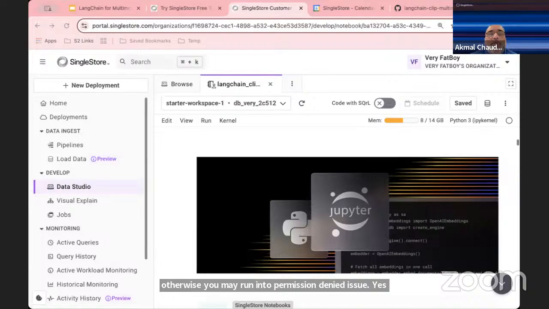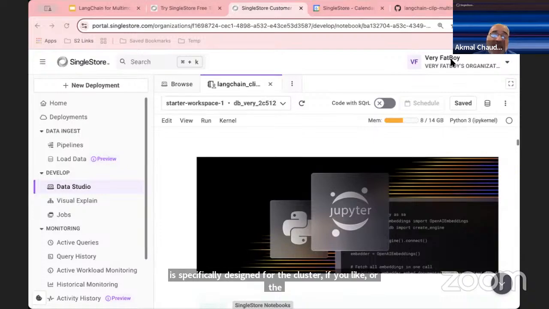So in the portal, in the environment that we were running this notebook, there is a firewall. Actually, there are two firewalls that exist in the online portal. One is specifically designed for the cluster, or the compute resources, so that you can access it from external, let's say you've got a JDBC connection, or you want to access it from some external site. And for the notebook environment, there is a separate firewall as well. So that keeps the bad guys out.